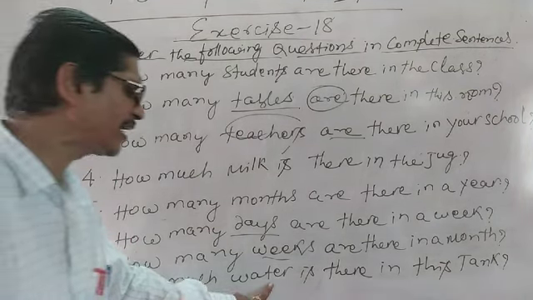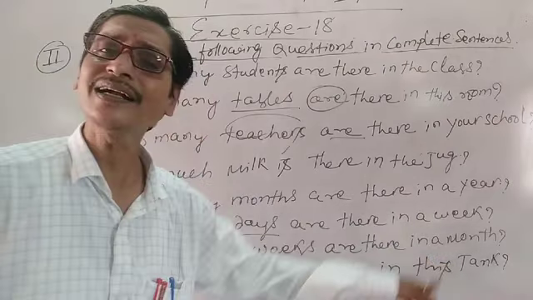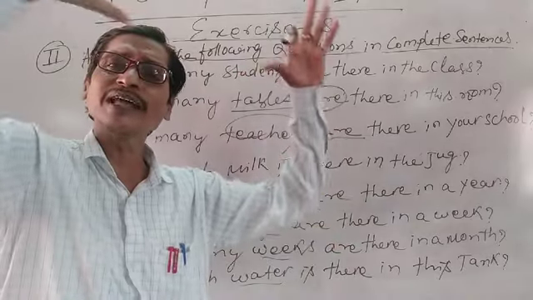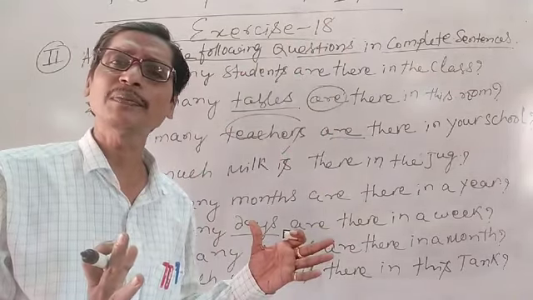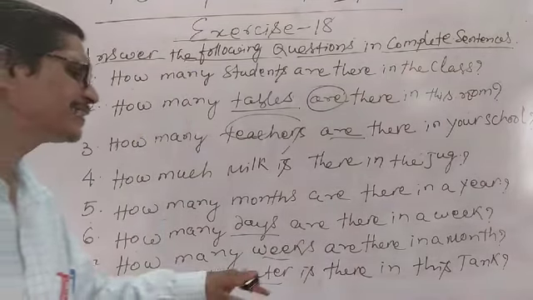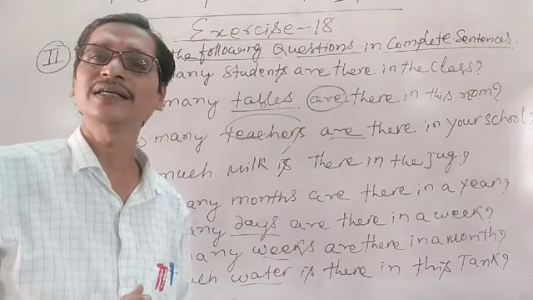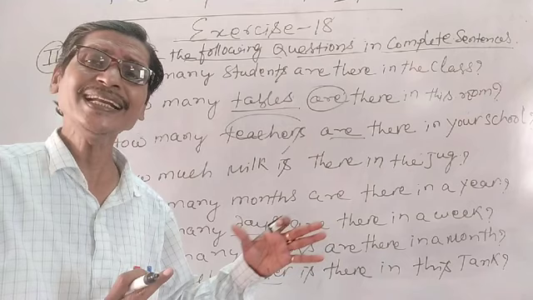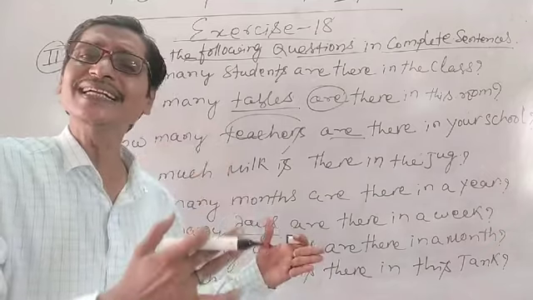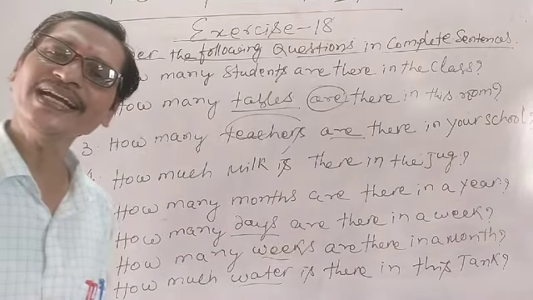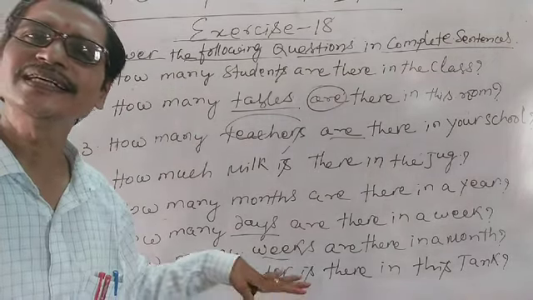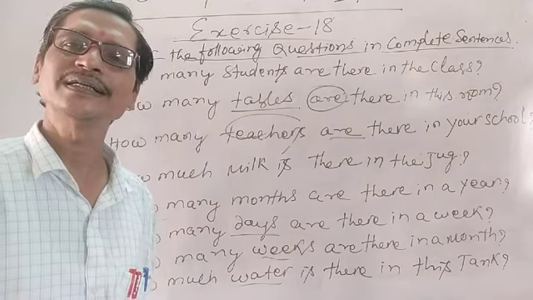Similarly, how much water is there in this tank? Here water is also an uncountable noun. So when we are talking about the quantity of an uncountable noun, we must use the singular form, as used over here. So there is a lot of water in the tank. There is less water in the tank. There is 100 liters of water in the tank. We can write like such. You understood? So we have answered all these questions using the proper form of there is and there are